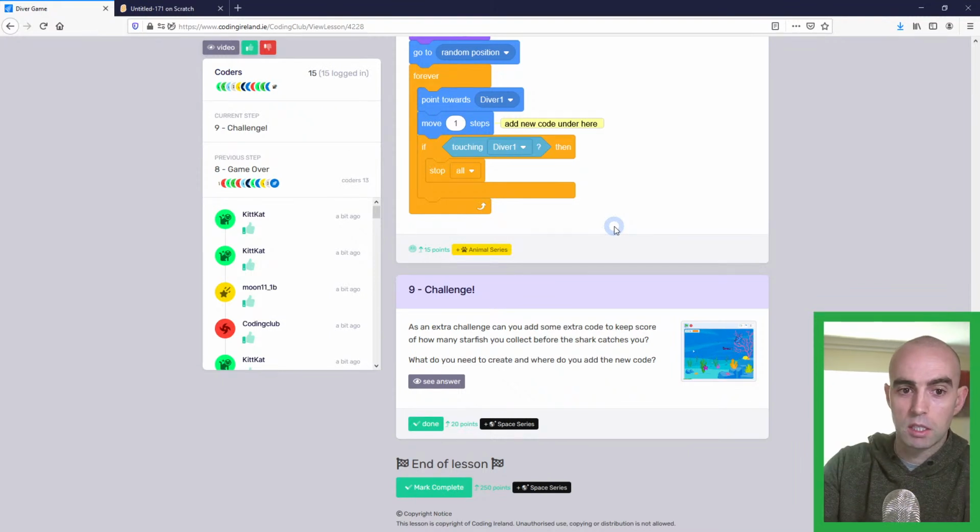You've made the starfish appear in random places, and as you collect the starfish, they disappear and start in a new place. And then you've added the skill part of the game, where there's a shark and the shark is chasing you. So just as a challenge,